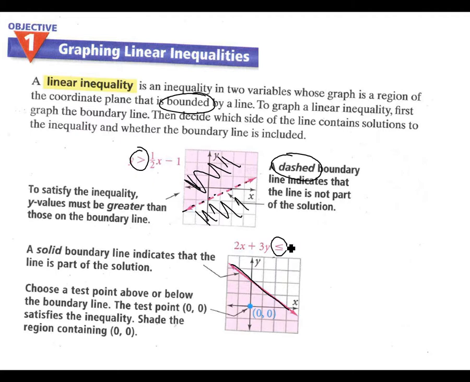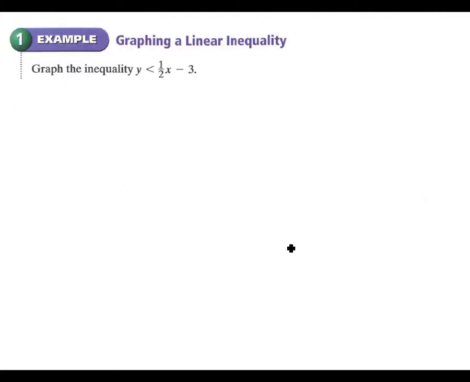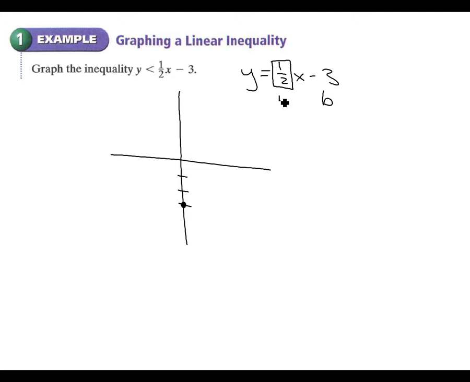All right, so now let's take a look at where we would shade. We can try one of these. So here's how we're going to do these problems. We're going to start by doing our coordinate plane, and we're going to graph it just like this was y equals 1/2 x minus 3. Two important points. We've got our b, which is -3, so we're going to go down 3, make a dot. Then our slope is 1/2, that's our m. So from the dot that we made, we're going to go up 1, over 2,